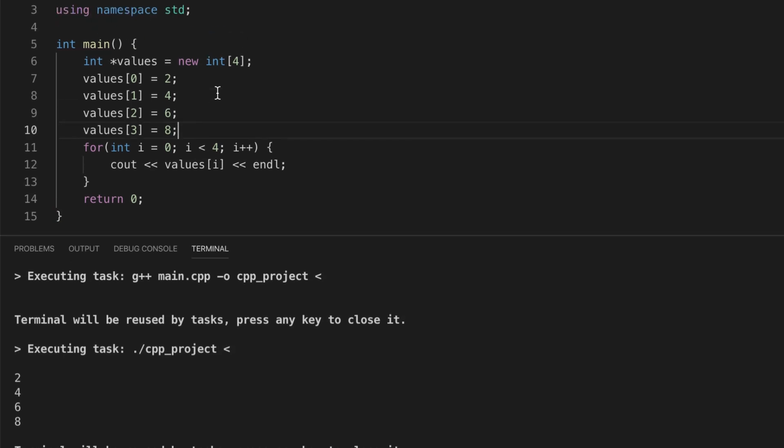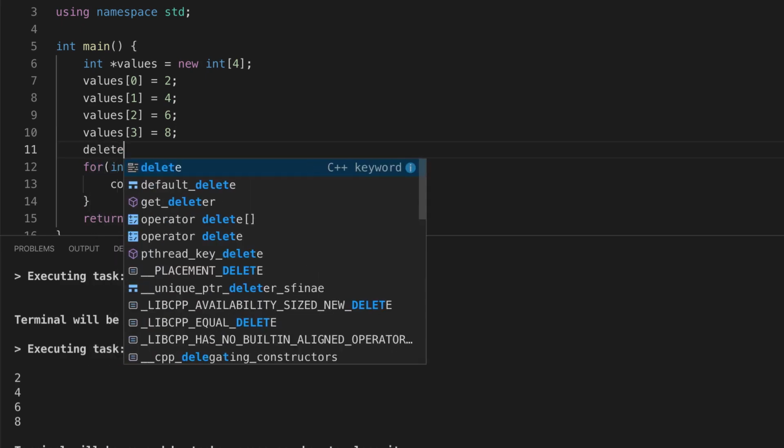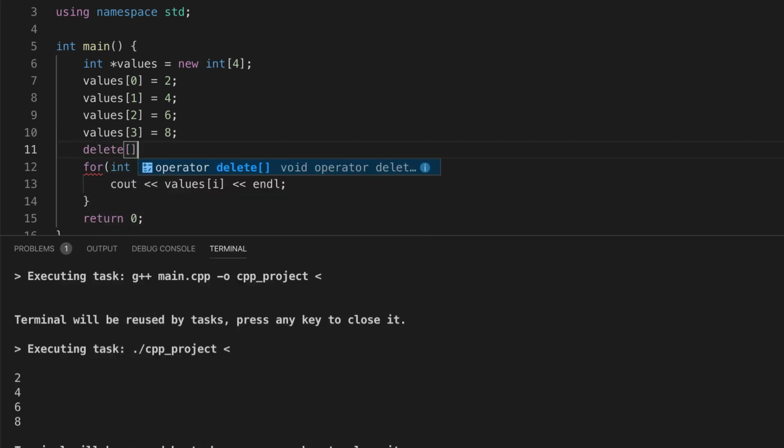So like I said though, between this way of declaring our array versus the other one, we use the new operator. We have to manually deallocate our array to free up memory if we want to. Otherwise, this is going to exist for as long as our application is running. So if we wanted to, we could deallocate that array by doing the following. We could use delete. And because this is an array, we use the array brackets, and we're going to say